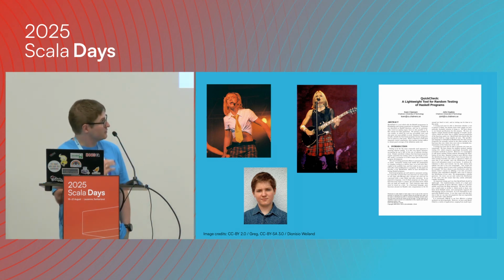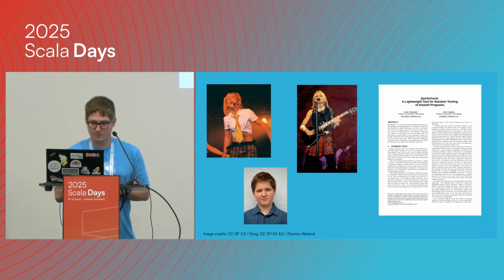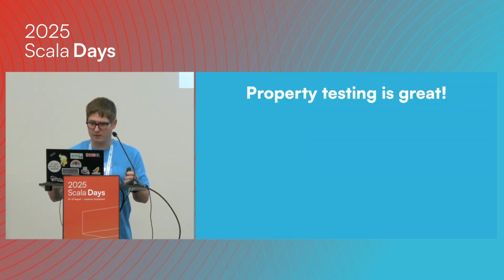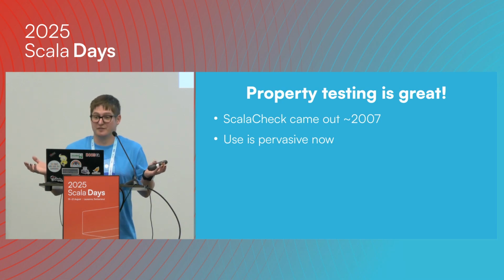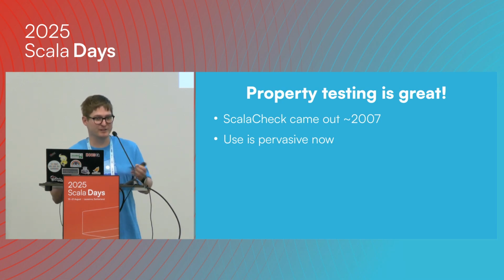As I mentioned, it came out in 1999, so this paper is from ICFP 2000, the original QuickCheck implementation. And I think you'll all agree that property testing has made our code better, right? QuickCheck and the related tools uncover so many problems in our code. And in Scala, ScalaCheck came out in 2007. I read a blog post the other day, and it was kind of fascinating because the author wrote something like, property testing is an idea that came out of academia and it took less than 30 years to become basically pervasive. That's fascinating, right? Because typically those ideas take longer to arrive in the mainstream, but it took less than 30